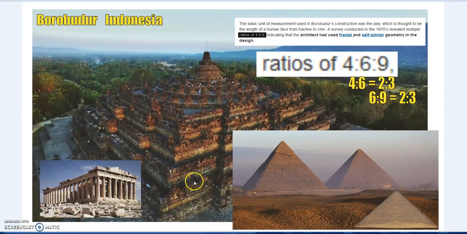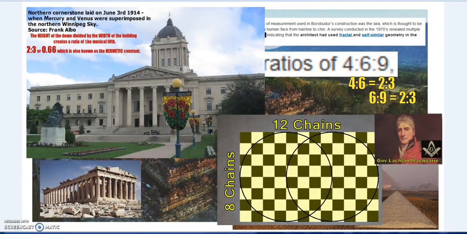So the pyramids and the Parthenon, which also incorporate all these other lovely proportions and these units of measure which come back to the same numbers as well, but it's still being practiced now, and especially through the modern esoteric Hermetic traditions, include, for instance, the Manitoba Legislative Building in Winnipeg in Canada, the foundation stone laid on a very significant day, but also the width to the height of the building, 2 to 3, or the Hermetic constant as it's called.